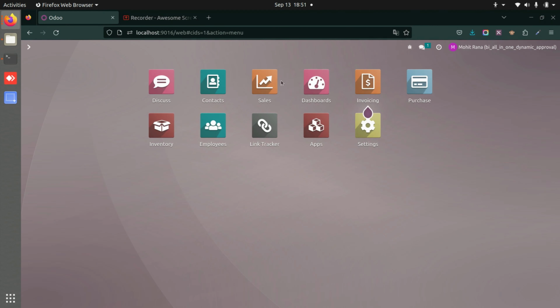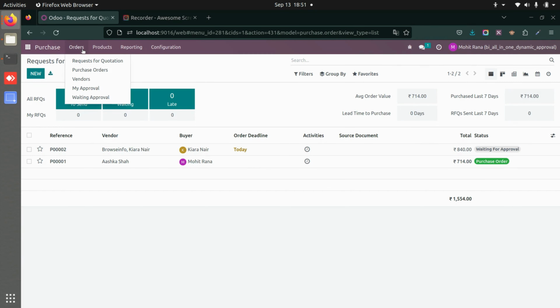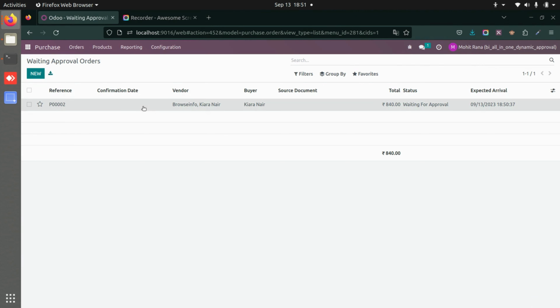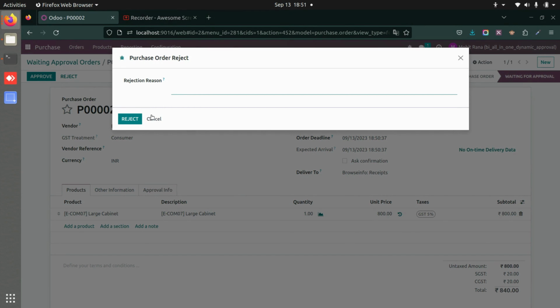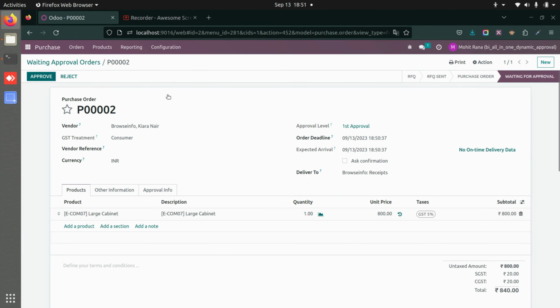So now let's go to Mohit's account. We will go to purchase again, and under purchase, under orders, we have our waiting approvals for the vendors. So we will go to this approval. This is the one that we just created, and we will approve this, or let's reject this time and see how it works. So okay, let's do that later. Right now let's approve this,